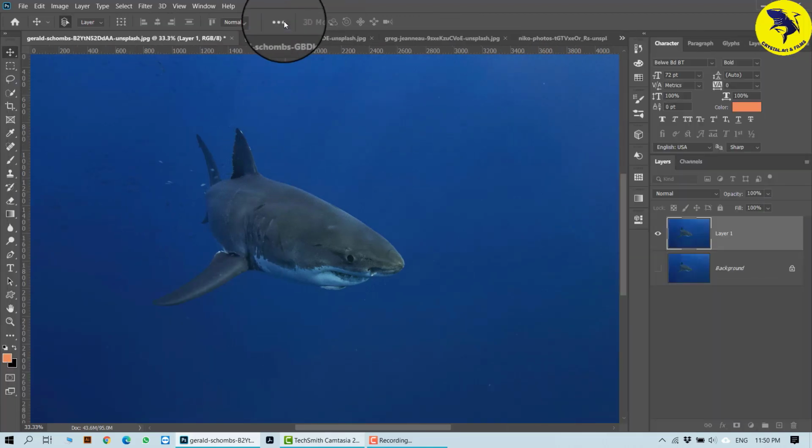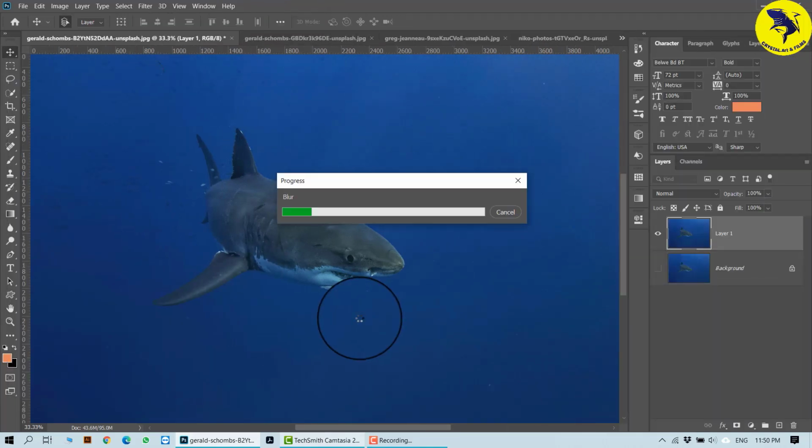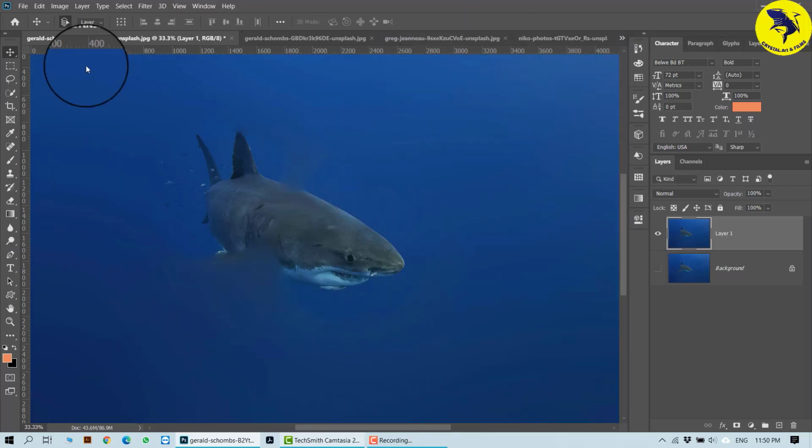Now if I say okay, it will update it and show me how this iris blur will look on my picture. Here it is showing how the blur will look when I click onto the back part of the fish, and the blur takes place around it, leaving that area and your face area, because I had clicked here also before, so it didn't blur this area and the fish area. Wherever you click, it will not blur that area, and all the rest of the areas will be blurred.